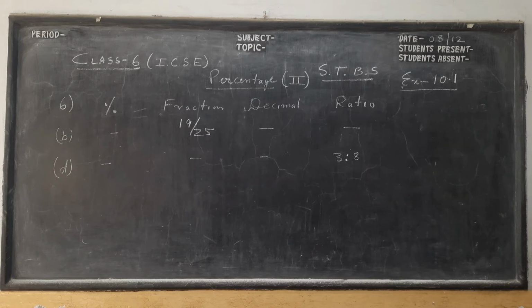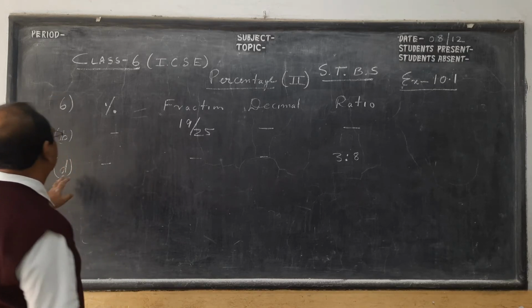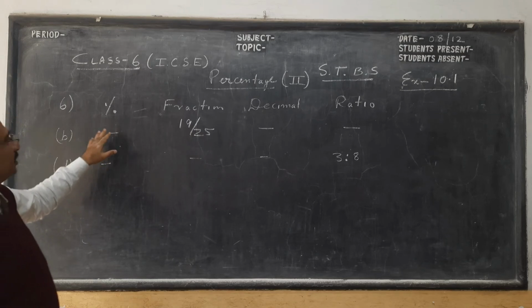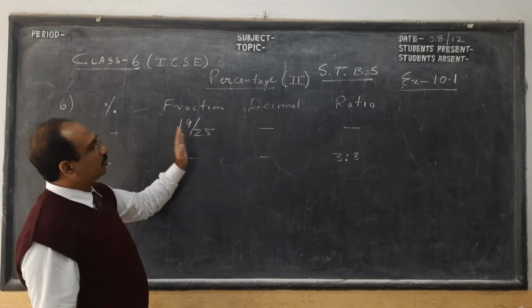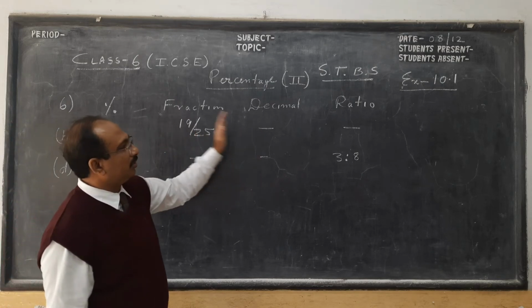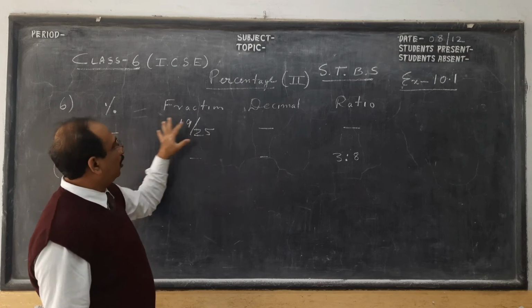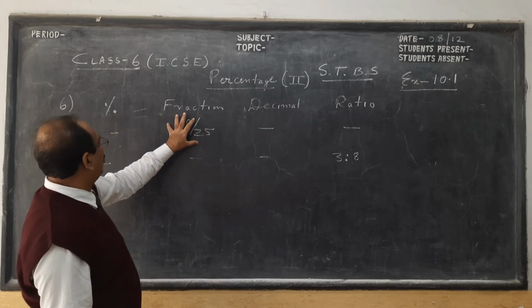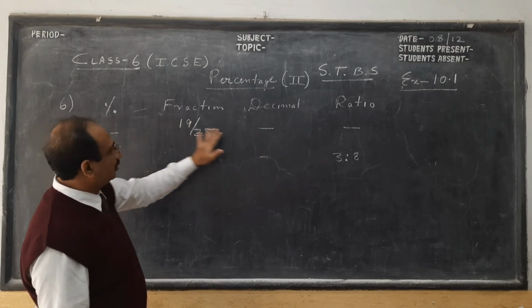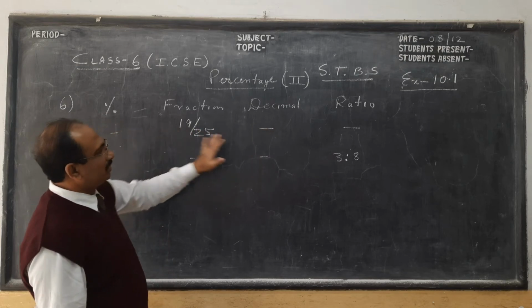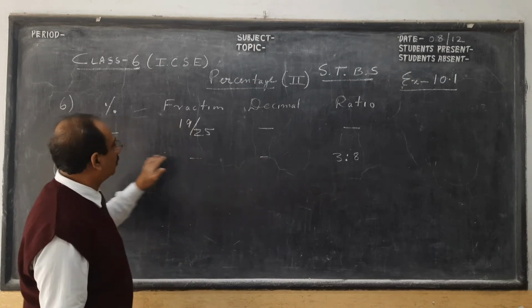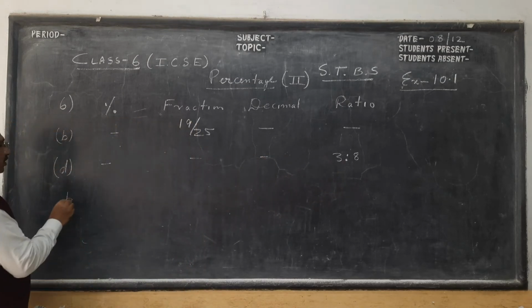Now we move on to the last part of this video, question 6, where we are going to do 2 questions. We have seen percentage to fraction or fraction to percent, decimal to percent, and vice versa. So all these 4 things are there: percentage, fraction, decimal, ratio. In question B, we have to change a fraction into the other 3. Fraction we have to show as percent, as decimal, and as ratio. And in question D, we have got a ratio, and we have to show it in the other 3 formats. So let us start with question B.